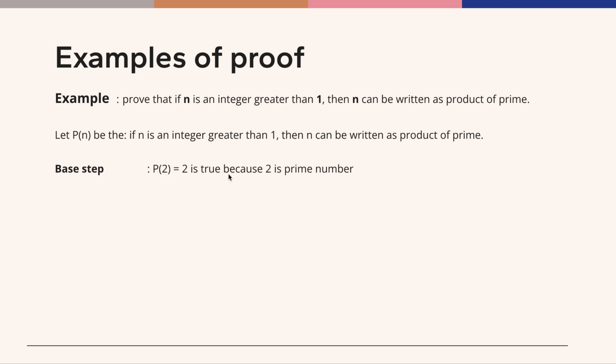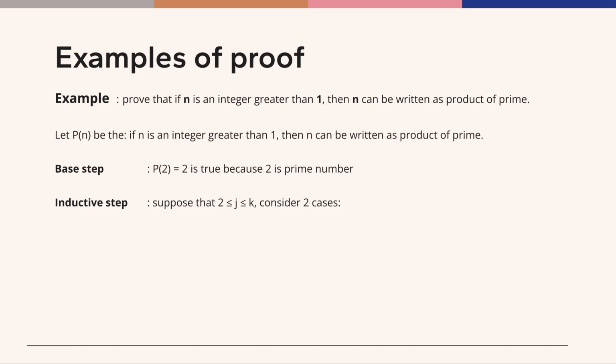P(2) is true because it's a prime number. It can be multiplied by 1, and it's only multiplied by itself. There's only itself that we can get this number from. And our second step is the inductive step. So from our induction,